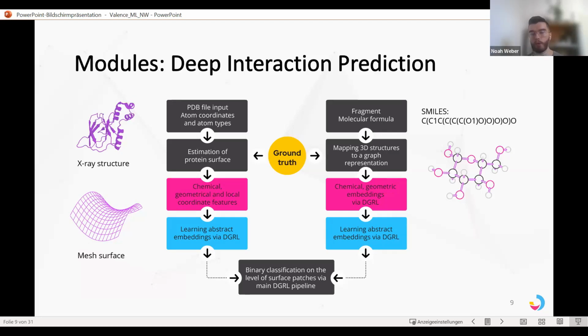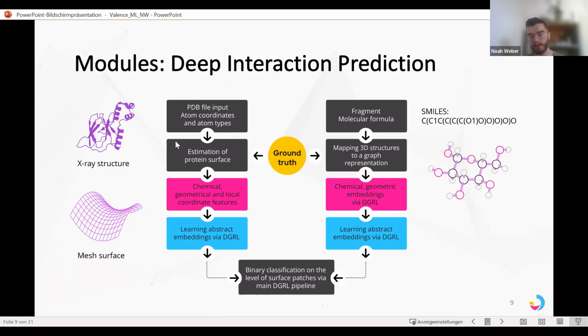As I said, the core part is a geometric deep learning architecture that first takes the X-ray structure, I mean the 3D structure of the protein of interest, and first we need to find a suitable mesh surface and representation of the X-ray structure, an estimation of the protein surface that we are going to use. Then with different